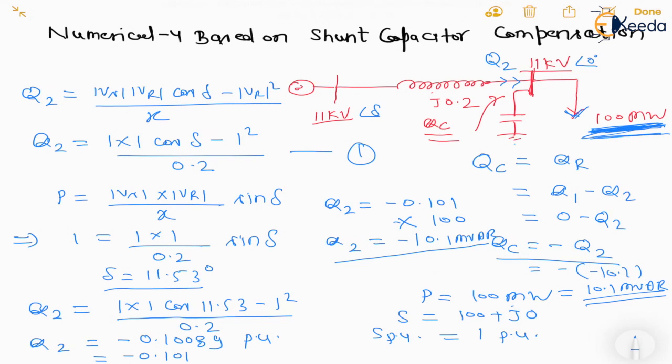Guys, you really need to think about this thing. If we need to apply or give reactive power, then that would be a positive value, because if the voltage value has dipped down, it means it will require positive reactive power, and this capacitor, or whatever compensation we applied, will give positive reactive power. It means the option given with minus would be wrong. So plus 10.1 would be the answer, and if we calculate it, we get the value of 10.1 MVAR. So this is all about numerical number 4.